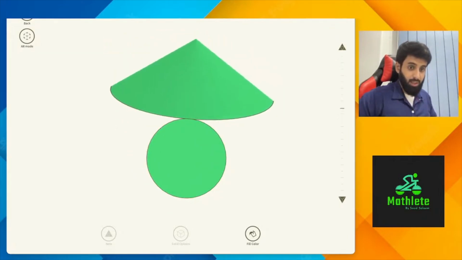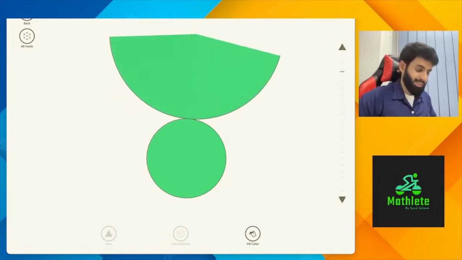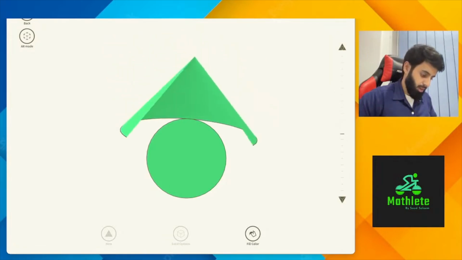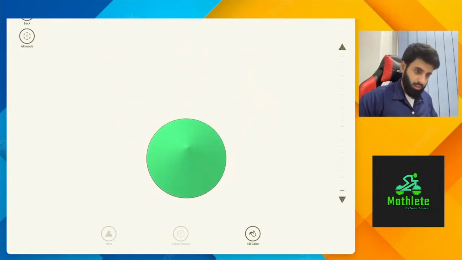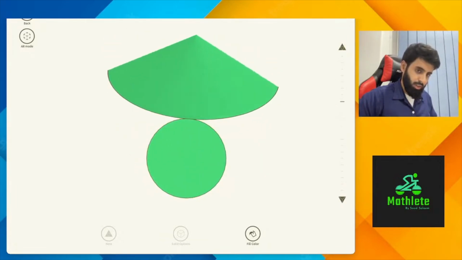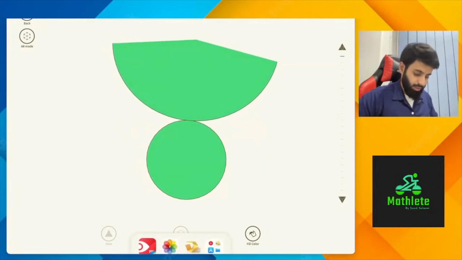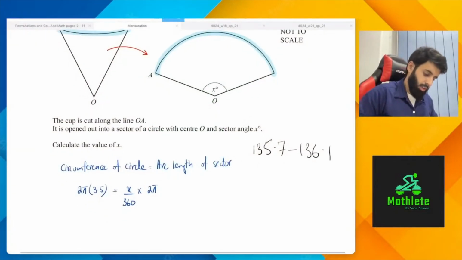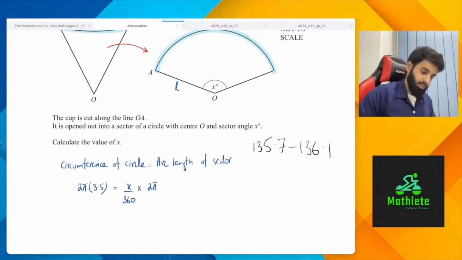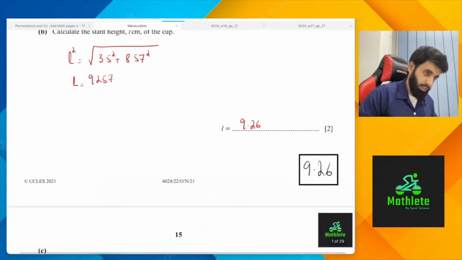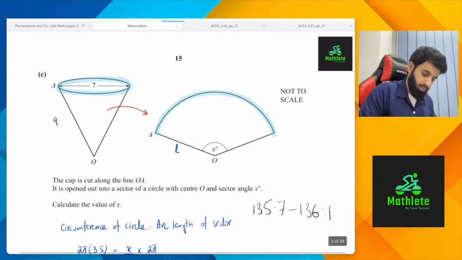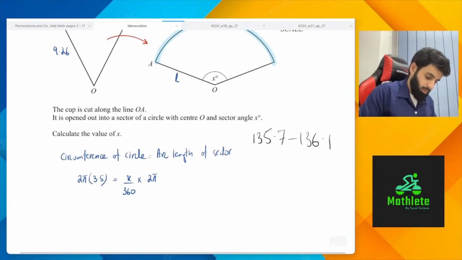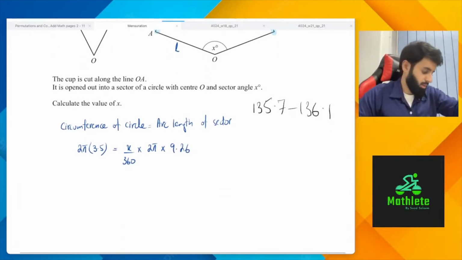Yes, I'm talking about the radius of the sector. The radius of the sector will be the slant height of the cone. Have a look over here: earlier it was closed, now I've opened it up. So the radius of the sector is basically the slant height of the cone. Okay, perfect, so 2 pi times the slant height, and what was the slant height we worked out to be? 9.26. So 2 pi times 9.26. If you do this right, our answer should come out to be anything in between 135.7 and